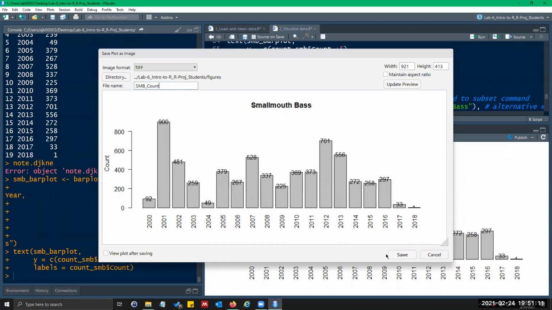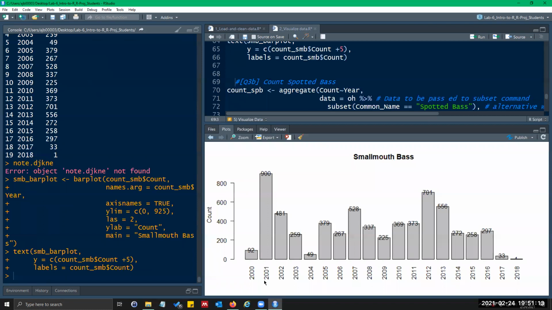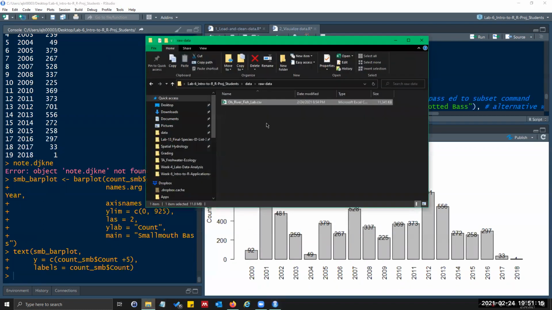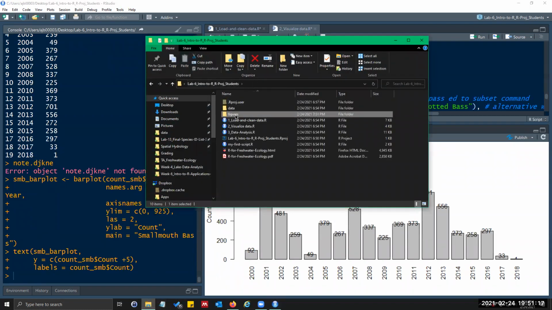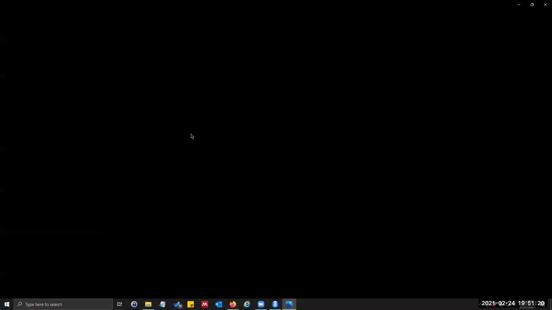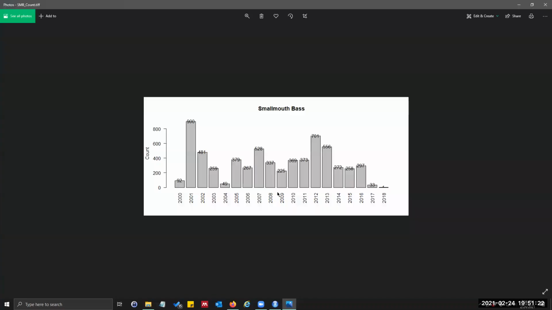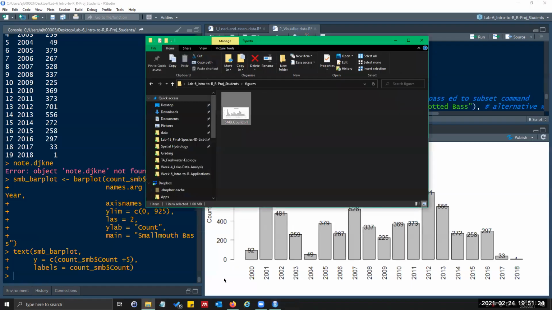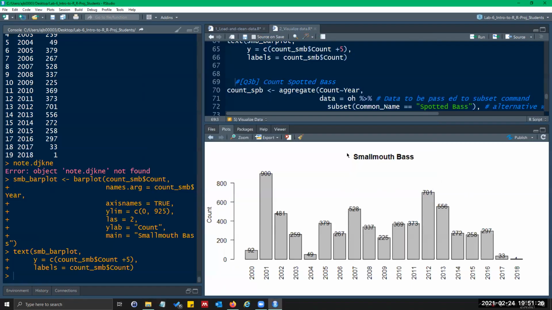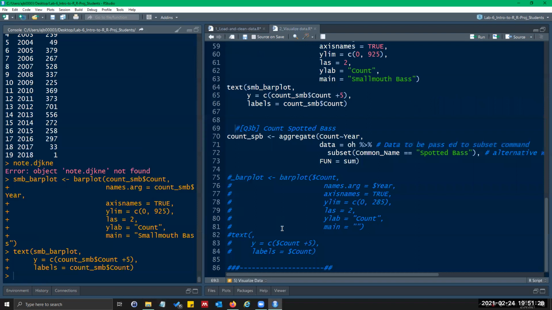Yeah, smallmouth bass count. And now it's saved. So if I open, go to figures, you can see that figure. And that way you can use it for the homework assignment. And you just do the same thing for the spotted bass.